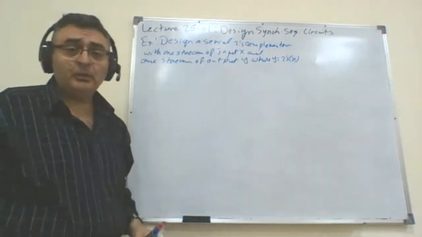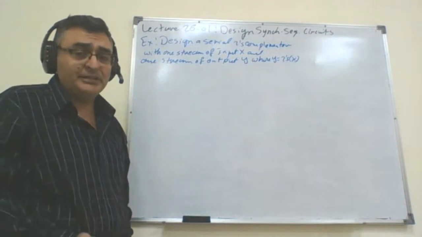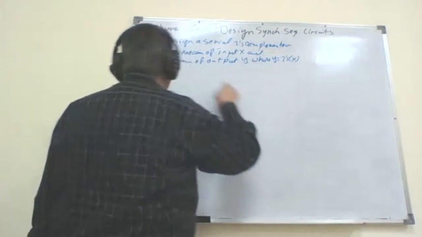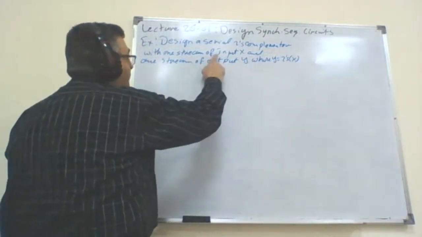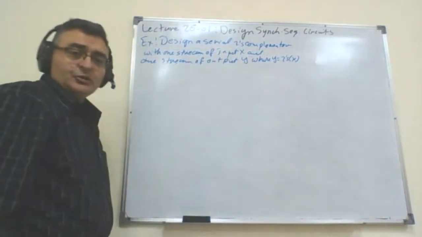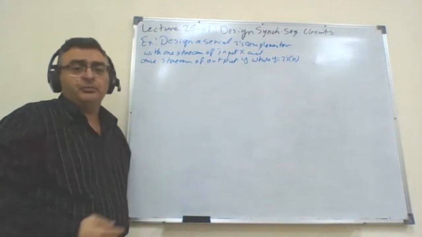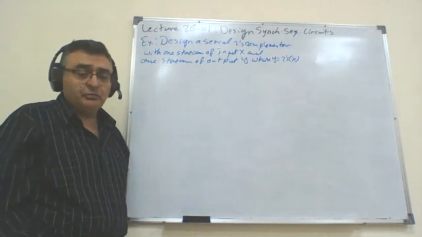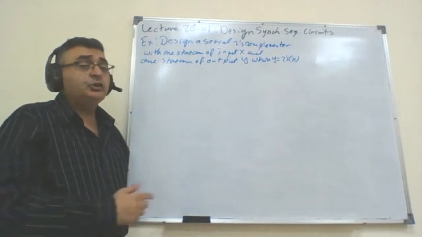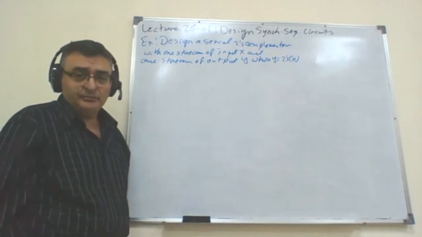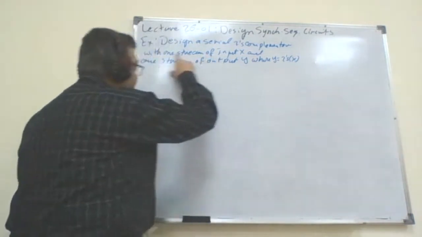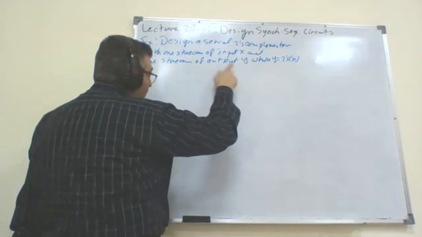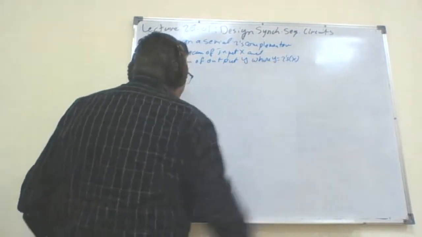If you read the text of the problem, you will not find the number of bits for the inputs mentioned anywhere. Design a serial 2's complementer with one stream of inputs X. So X is the name for the stream of input bits. How many of them? We don't know. We don't have this information. It could be anything. It could be 100 bits. Okay? So a stream of input bits and one stream of output Y, where Y should be the complement